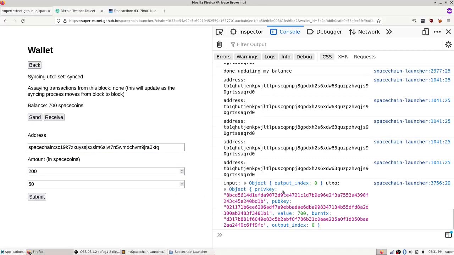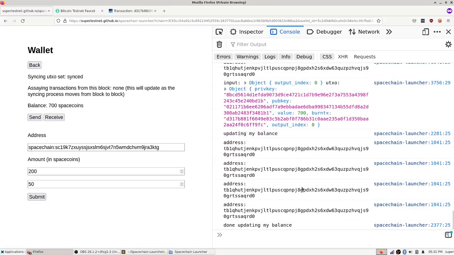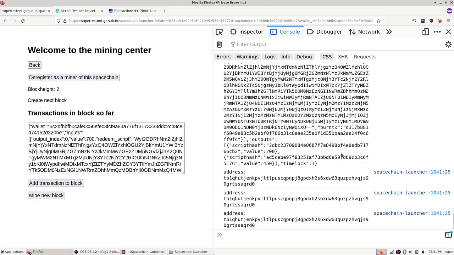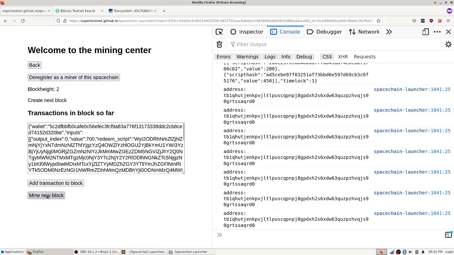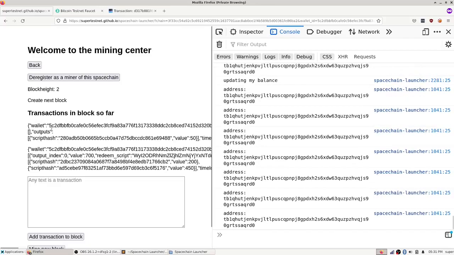paste it into there, send myself 200 coins, submit. It's going to go through and create the transaction, sign it and validate it, which takes it a while. There we go. It did that. Now it's not even done yet. So this is another wonky part, because when you get to this screen, you'd naturally want to just click mine a new block, right? But no, you got to wait even more for it to do that,